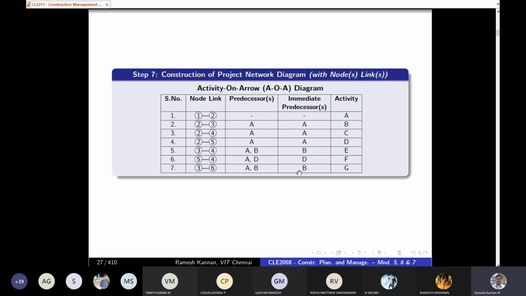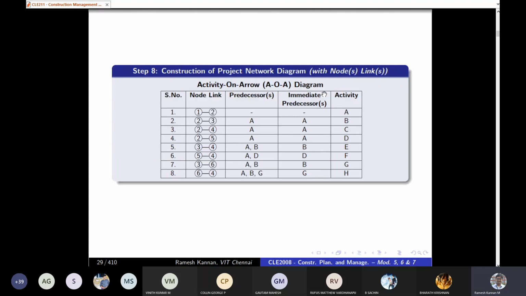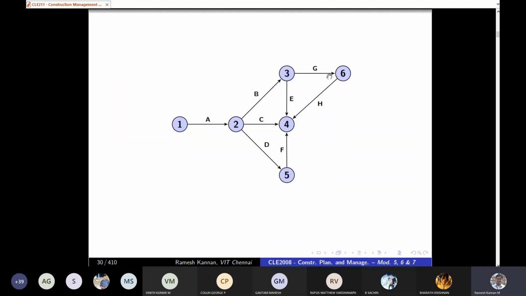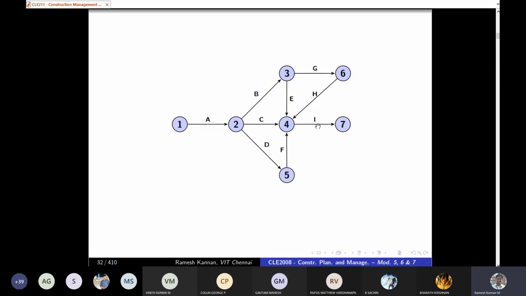And in the same way G has B, so we'll take G as P. Then H has A, B, G, and I'm connecting it to the nearest node. You can even connect it here because it's all trial and error. So I'm just connecting it here, followed by I, which has C, E, F, and H. It means all these are connected to I. Hence our assumption is okay, so we can carry forward.